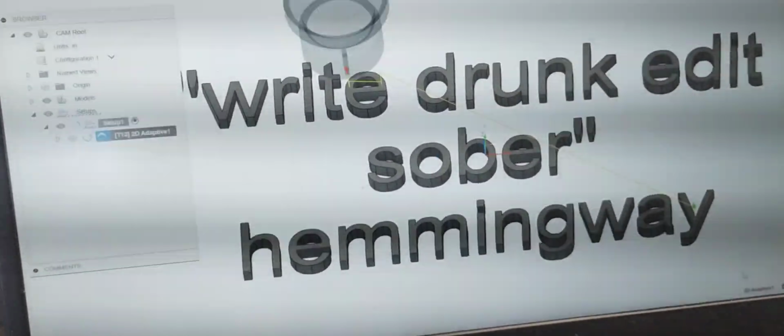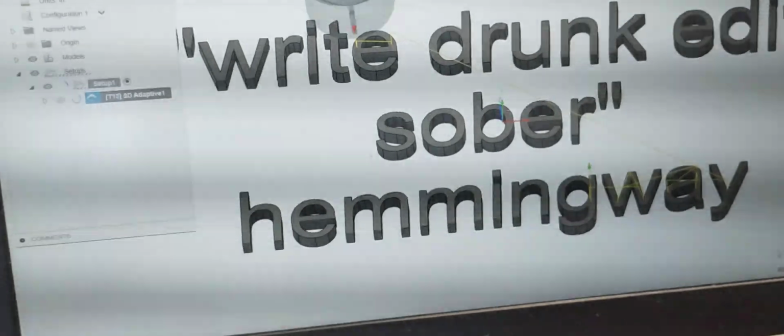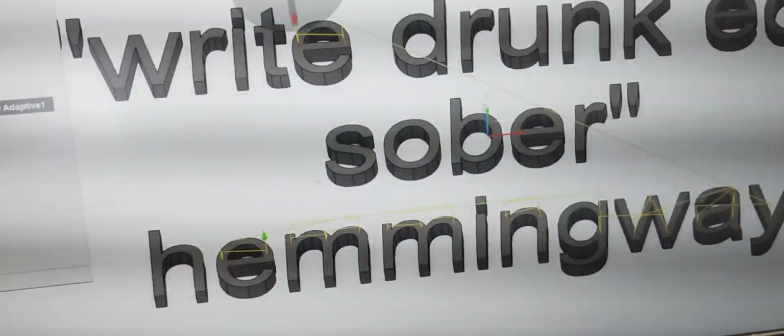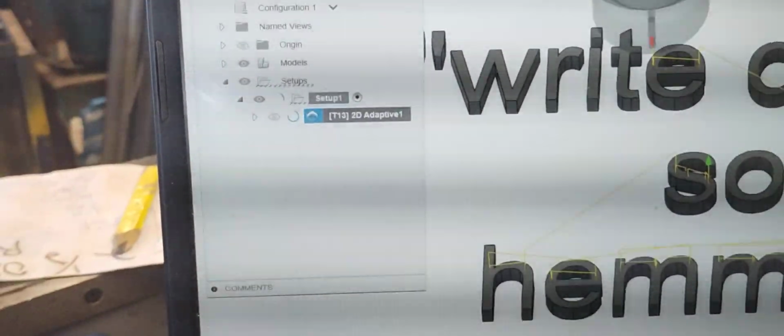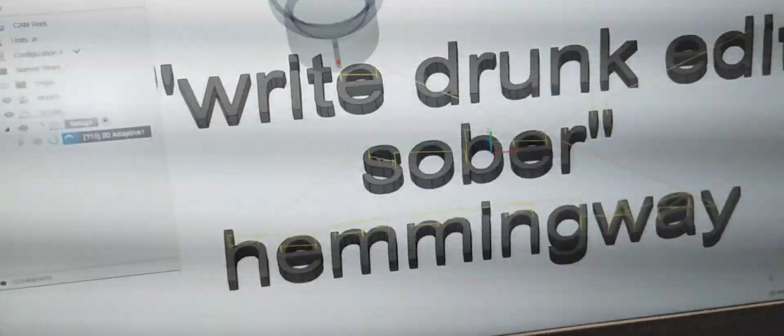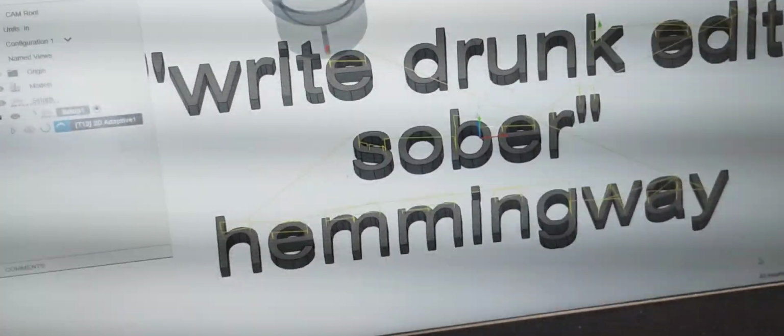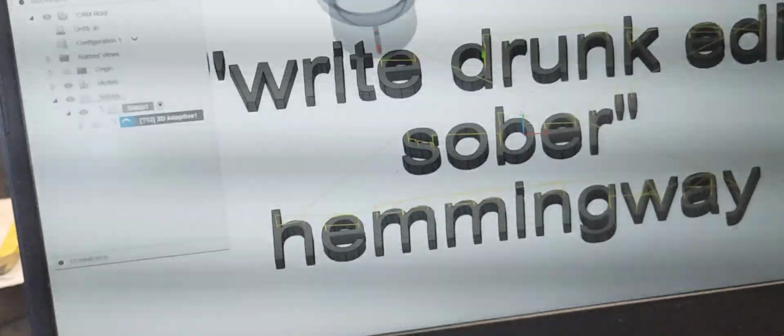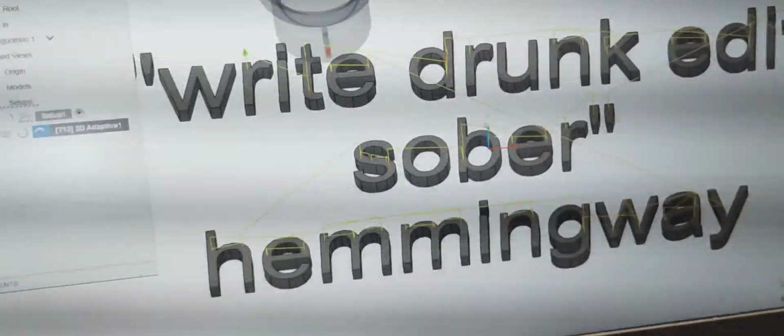It's going to start making a tool path. You can see it's doing its thing, doing the spinning wheel right there. So it's selecting a tool path, and you'll see that this is going to solve most of the problem,